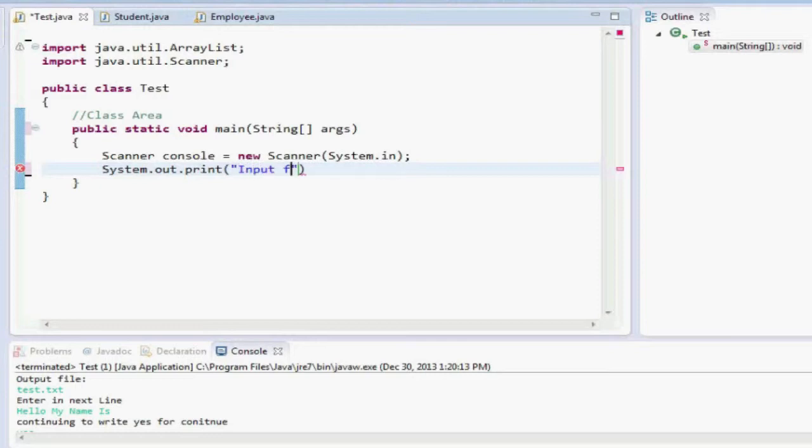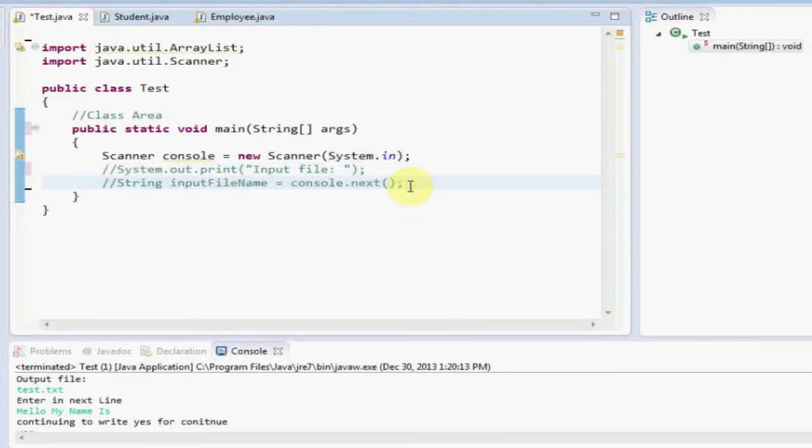So we're going to say input file. So now we're prompting to input the file name, and this is for the input part. So we're going to comment this out right after we do this. And basically to read the file, we're going to input the file, and then we're going to use a scanner to read through it, because the scanner works exactly the same way. It's looking for a file buffer, which could be either the console or the file, as we're going to create a file buffer. So I believe that's what it's called, but